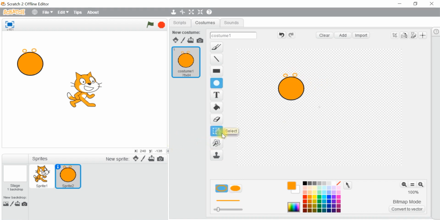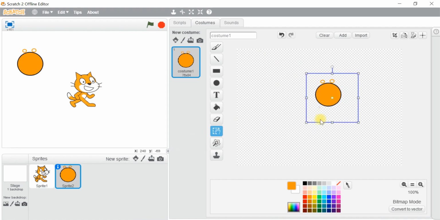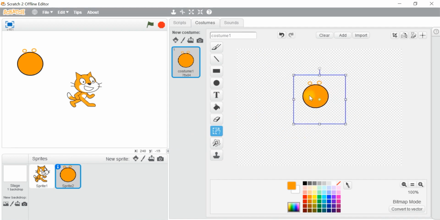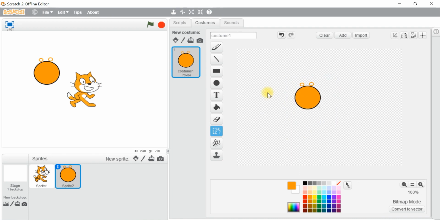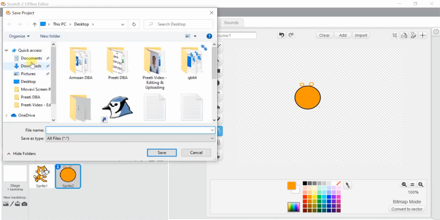Then now I am going to select my sprite. After selecting it, I can move my sprite from one place to another place, and now you can see the sprite on the stage. That is the sprite which we have created on the bitmap mode. And if it is required, you just go to File and then you can save it. Just give the file name. Now I am typing the file name as MICKEY, and then I am selecting the button save.